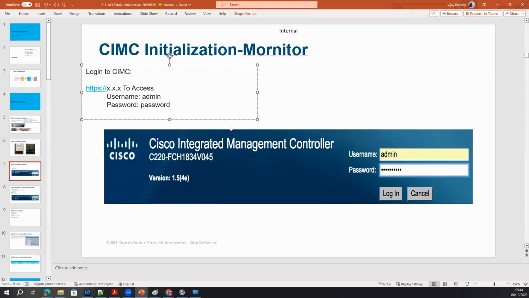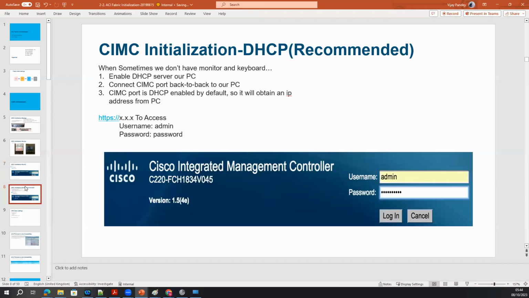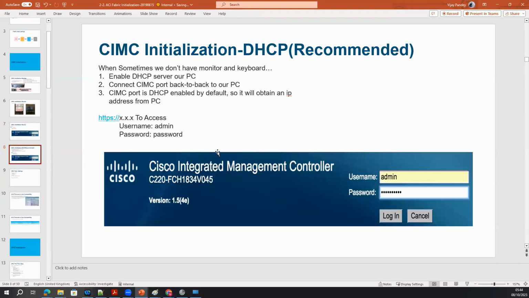Once you connect, you just access the CIMC, and by default this is the username and password it uses. It might be different for different versions. Once you have the CIMC, yeah. One point: what I understood from the KVM is that I just connect my keyboard, mouse, and monitor to this APIC controller and just power it on. Will it have any Windows OS, Windows 10 or 11 running, or I just power it on and automatically some screen will come?